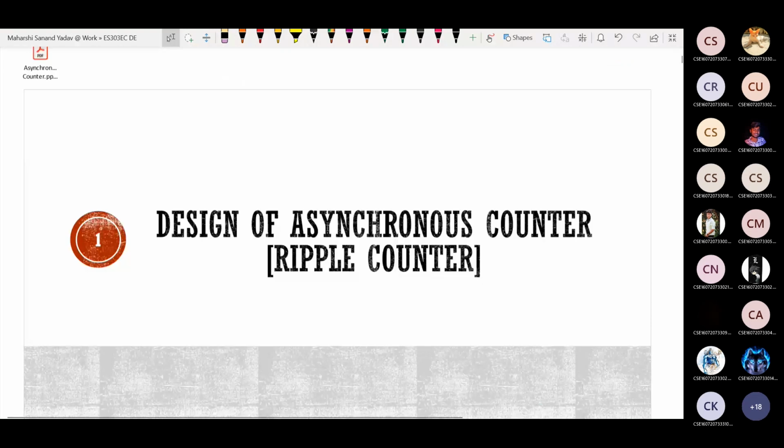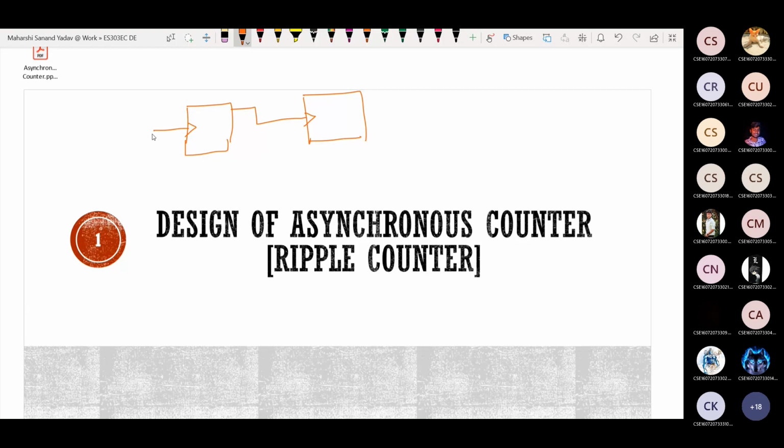So let me draw the diagram once again. Asynchronous. What is meant by flip-flop? Storage of one element. It stores 1 bit of information. Okay, flip-flop is nothing but a 1-bit storage element. So depending upon size, we need to make use of flip-flops.